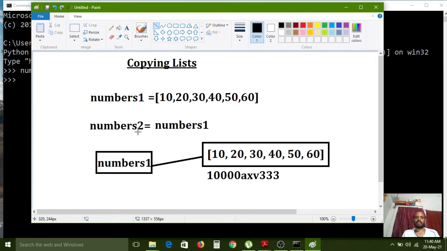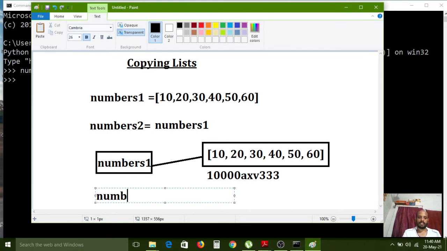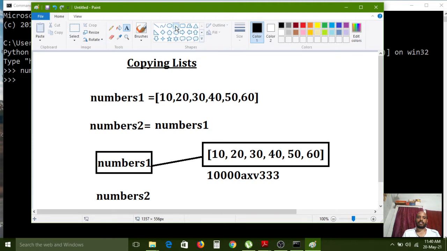And the second statement: numbers2 list created. Here also one box is required. The value is equal to numbers1, and it is also pointing to this same memory address.